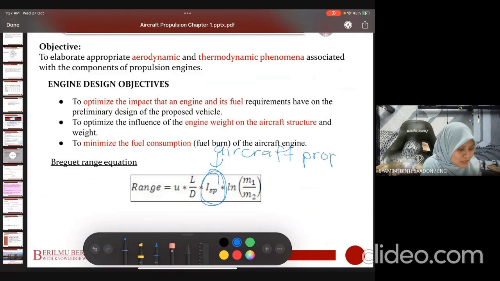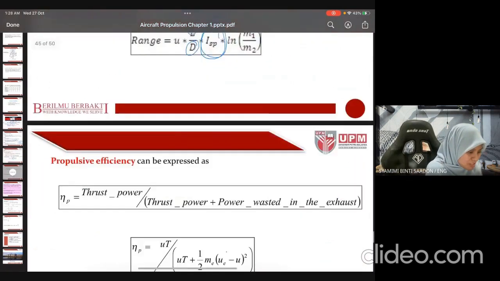course is important. Because in order to design the engine, we need to consider the lift, the drag, this is aerodynamics, what you learn in aerodynamics. This one is what you learn in aircraft propulsion. Okay, we're going to finish.